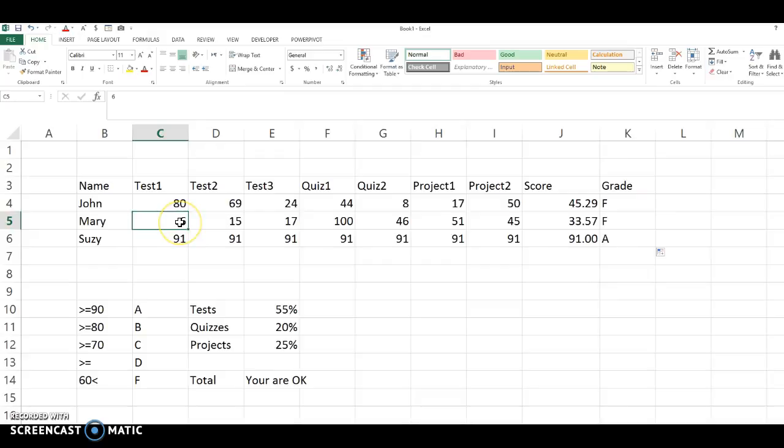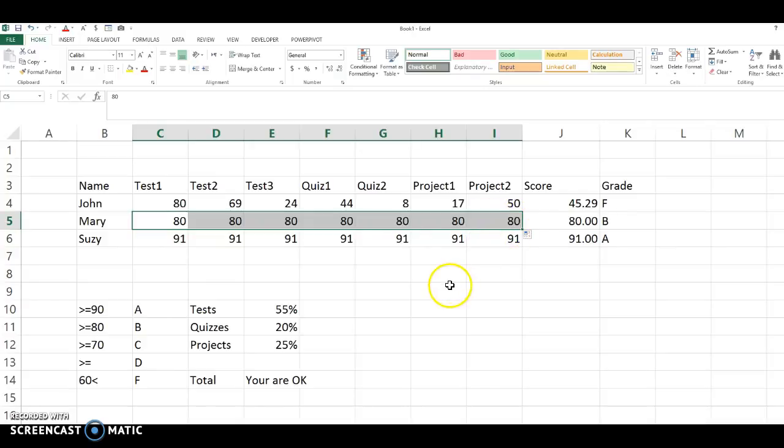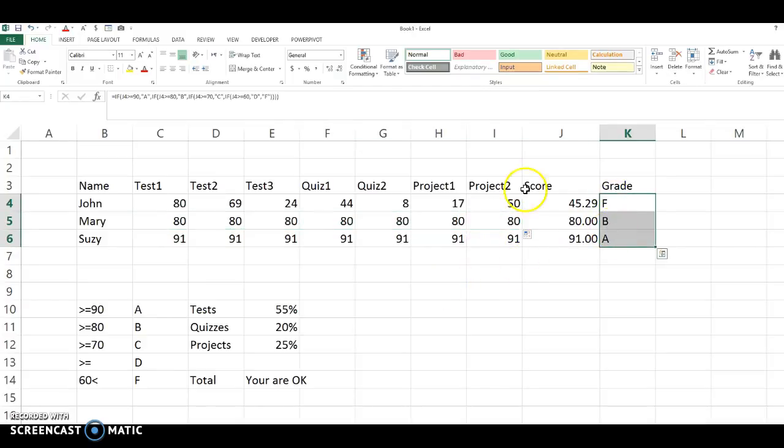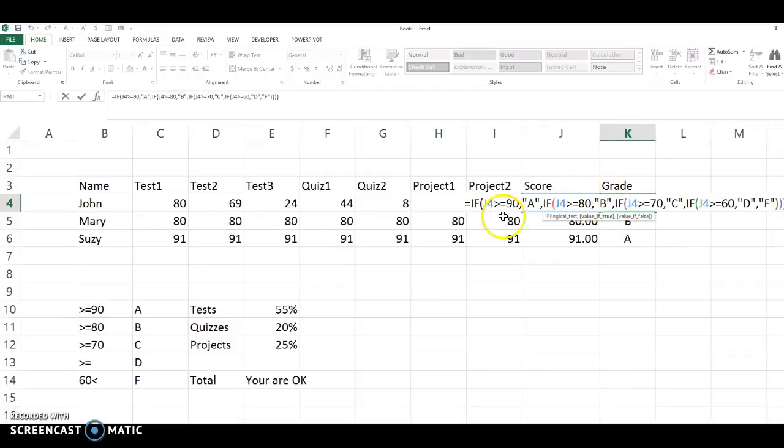However, if I change this to all 80s, we know that's going to give a B. So we're going to change that all to 80. Okay, this is actually a brilliant calculation with multiple IF statements. And I'm going to stop here because I only have 25 seconds or something. No, actually 40 seconds. So I'm going to stop, and as a result, I'm going to go ahead